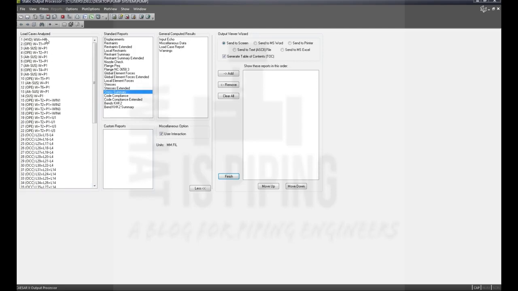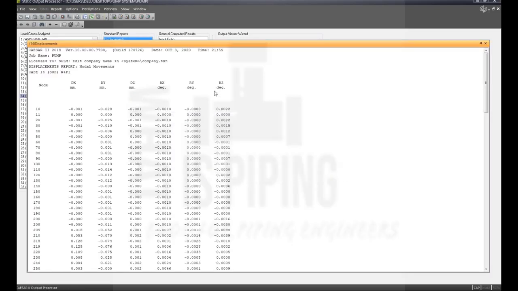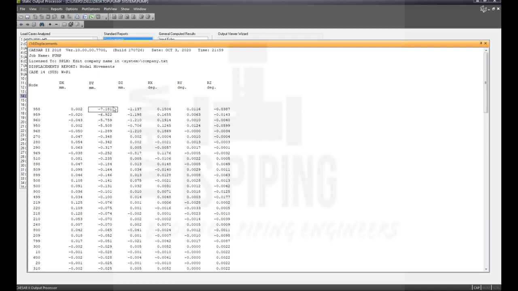Now we have to check the sagging for the sustained case. For that we will select sustained and then displacements, and check the negative displacement in the sustained case. Here it is showing -7. Now a better engineering practice is to keep this sagging value below -10 mm for process piping and below -3 mm for power piping. For process piping also, for flare lines and free draining lines, it is a better practice to keep it below 3 mm.